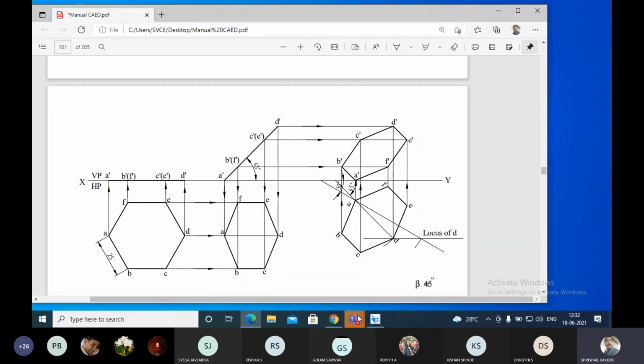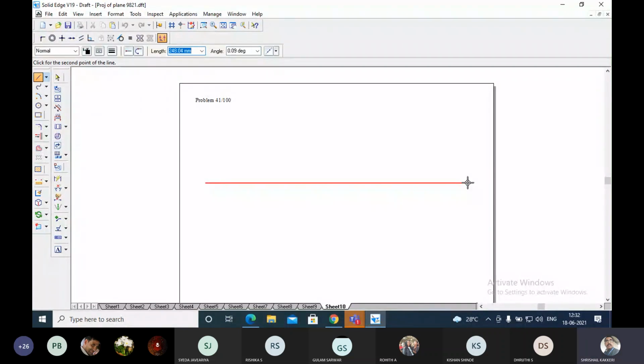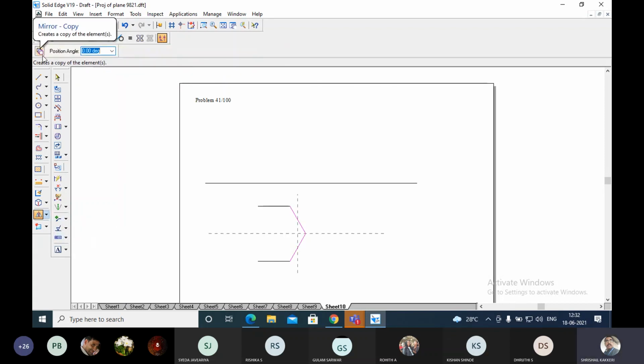We have to do this problem. Let me see how best we can do it. I am taking very little time. Construct the hexagon, 30 mm sides: 30 tab 0, 30 tab 60 degree, 30 tab 120 degree, 30 tab 180 degree. Then you can continue, or you can simply copy these two, go to mirror, and keep it from mid of this one to mid of this.